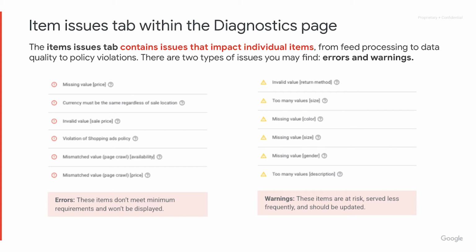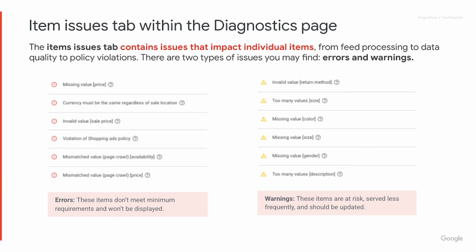In the issue list, there are 2 types of issues. On one hand, there are errors, which are shown with red icons next to the issue name. An error means that this issue will prevent your product from showing to shoppers.